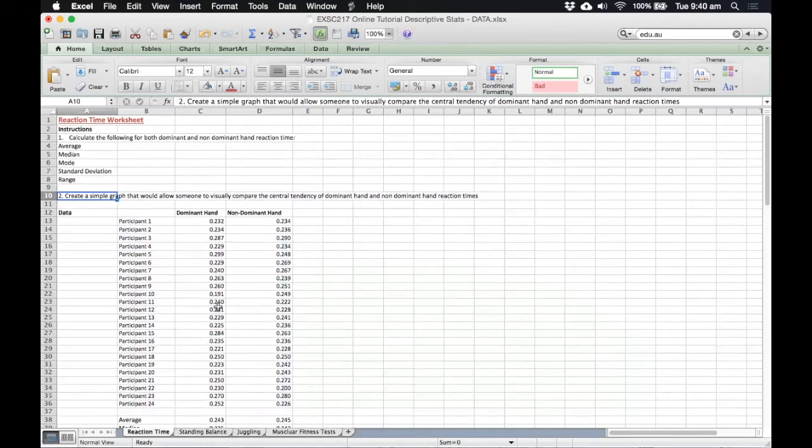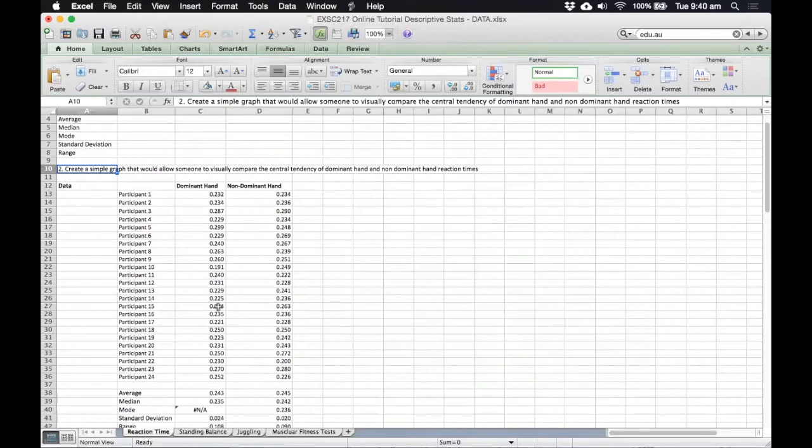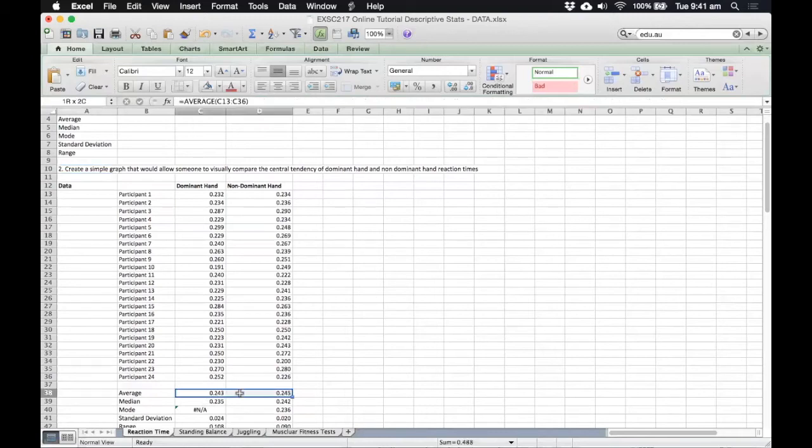But the most simple sort of graph that we tend to see in research is comparing usually the average if the data is normally distributed. We're not going to do checks for that here today, but we will in subsequent tutorials. And if it's not normally distributed, then we might use the median. So let's use the average here. And essentially, the quickest way to create a graph from the averages is just to select the two averages. So we just select those two averages, and then we're going to go to Insert,